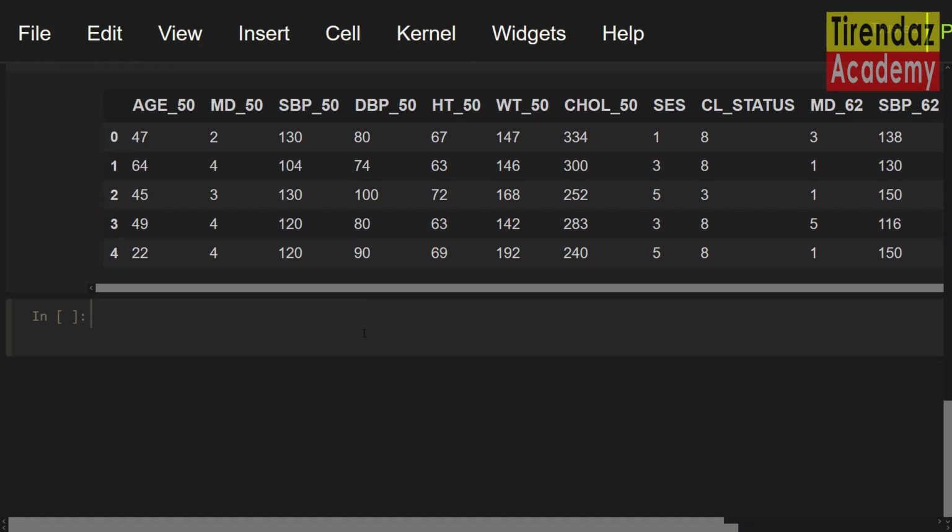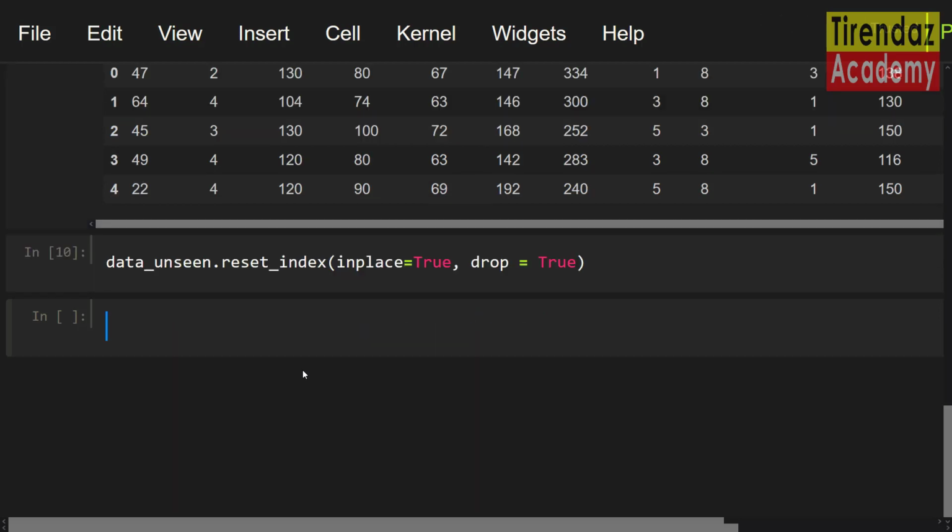Let's reset the indexes of the data_unseen variable. data_unseen.reset_index. For the inplace parameter, let me set True, and for the drop parameter equals True. Okay, so we created a dataset that we're gonna use to build the model and the dataset that we're gonna use to evaluate the model.